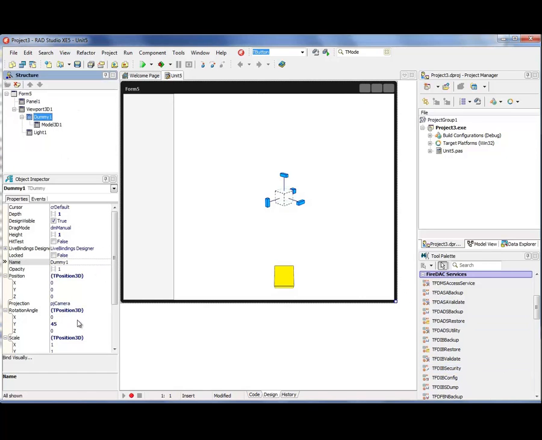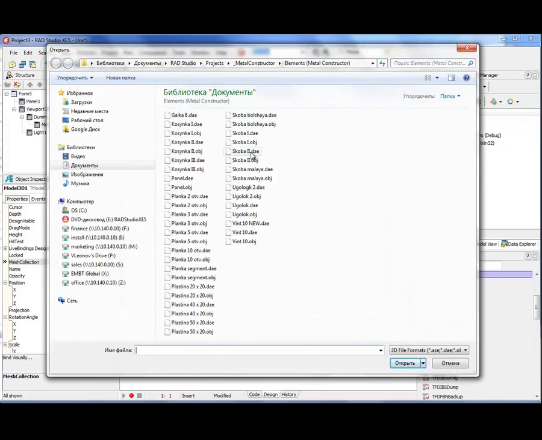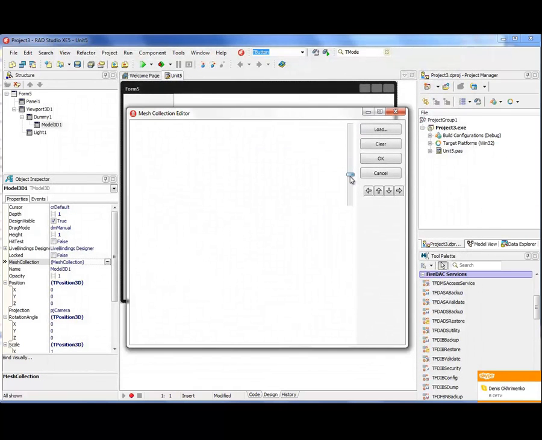So if we load the model from OBJ file like this, rescale to make it visible, you can see that there are some errors in 3D.